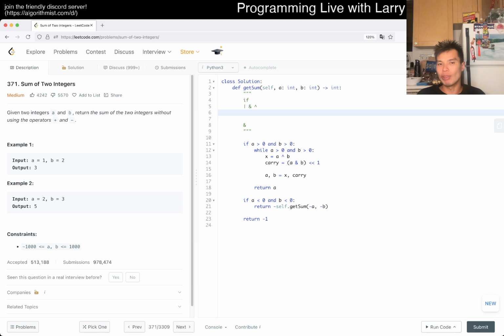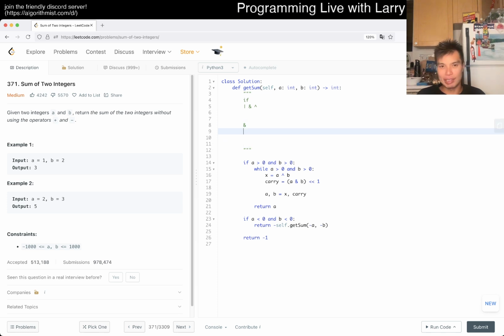Okay, so that's addition. What is subtraction? Let's think it through. Subtraction is not necessarily subtraction, it's an addition with negative numbers. So maybe we can at least simplify it a little bit, so that we want a minus b, but then it could be negative, right? So maybe we don't, we want